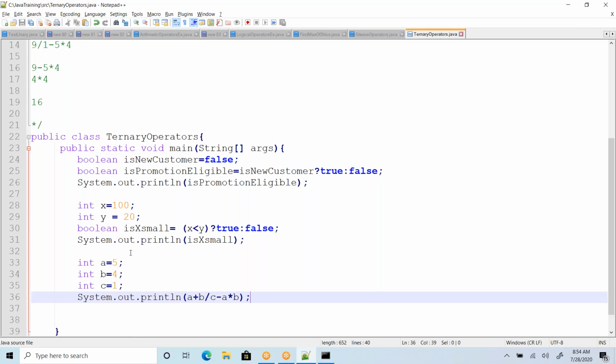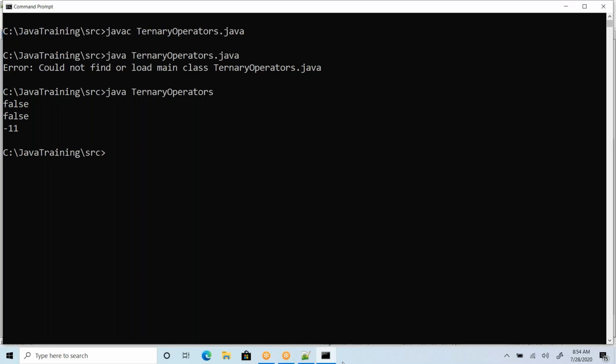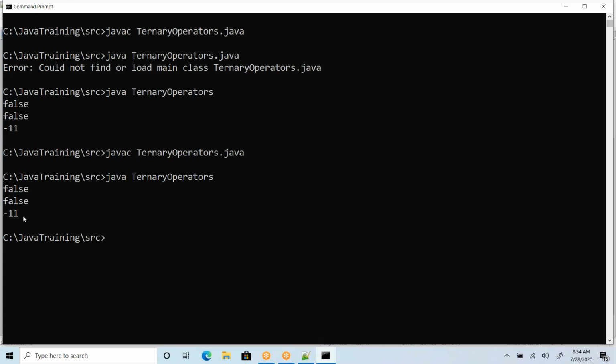So now, come on. Why is it not printing? Why is it not printing for ternary operators? It is printing only up to this. Did I compile properly? Java C TernaryOperators.java, yes, compiled. Java TernaryOperators and execute.